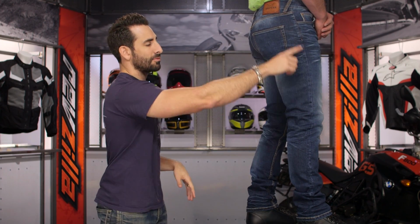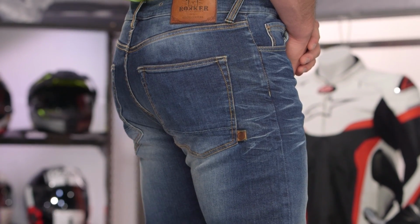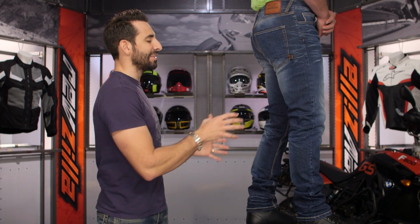Now, Briz, turn the face away from me. You'll see no funny lines, no funny stitches down the side. You do have a bar tack right around the middle. Remember, there's a full sleeve lining that goes all the way down to your ankle from the top. Again, when you see these, it's amazing what they do, and it breathes. But I'm also going to call that out. That adds weight. So if you run really hot, if you're prone to sweating a ton, and you're saying, hey, there's 2 layers there in the summer, it just might get too hot to me,